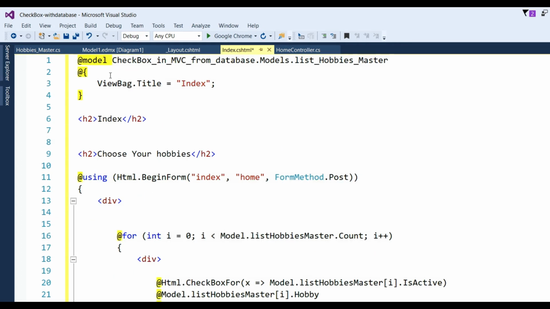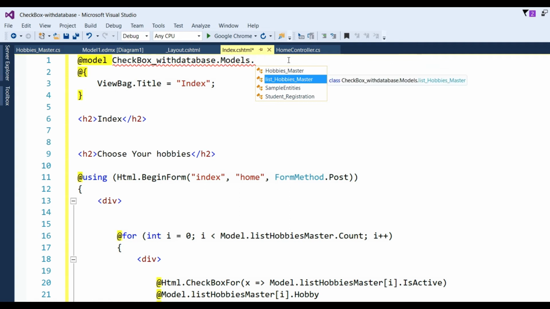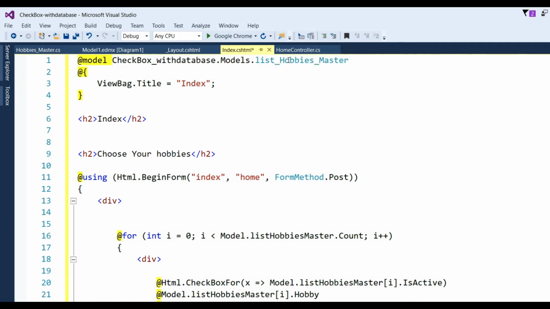First we have to add the model CheckboxDatabase.Models, and then which model I have to take, the collection, the list of hobbies master. We show all the list of hobbies master. Okay. Now ViewBag.Title Index, strongly typed in the MVC file.